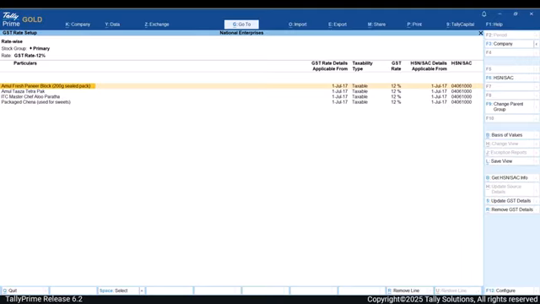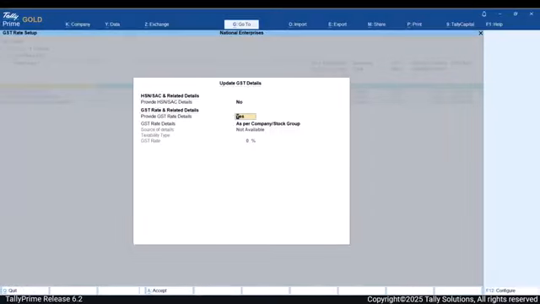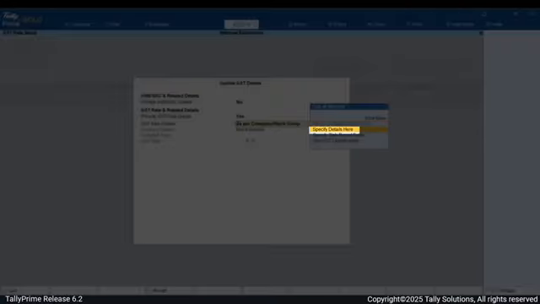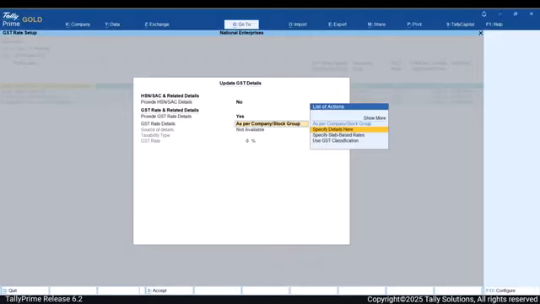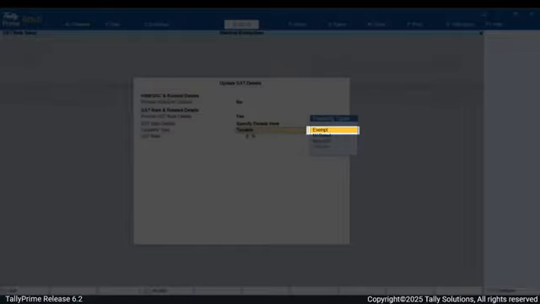Some 12% items have now been made exempt. Let us make that change. Select those items that are now going to be exempt from tax. Press Alt+S, disable HSN. Select Specify details here for GST rate details. Under taxability type, select Exempt.